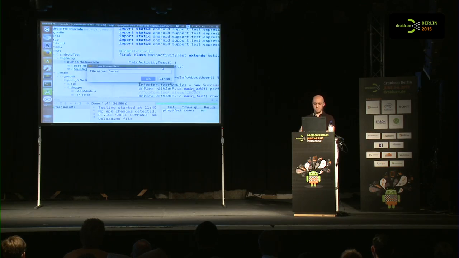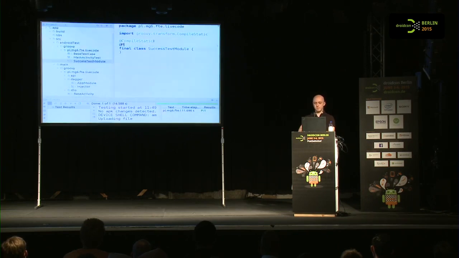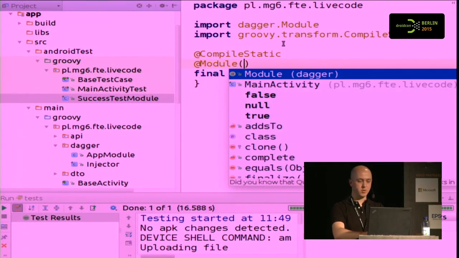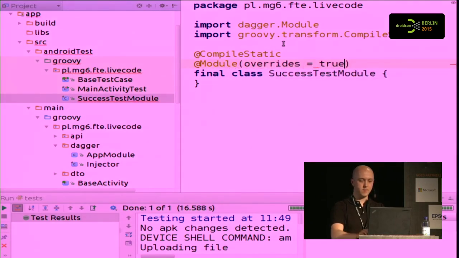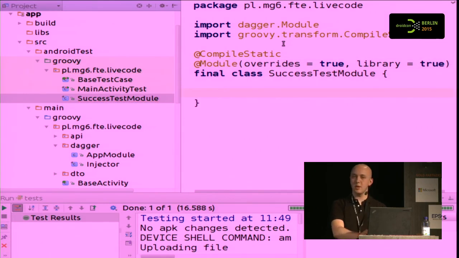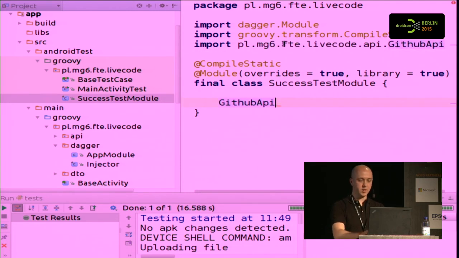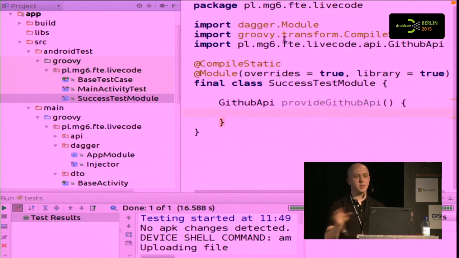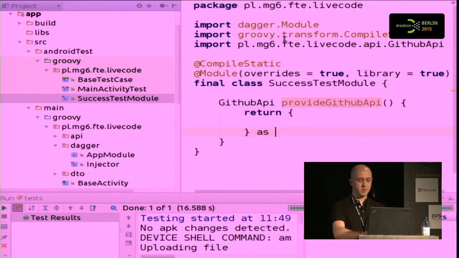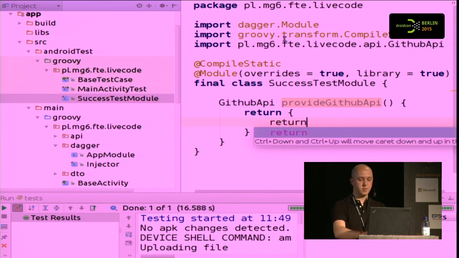Groovy. So it's a module. So we annotate that with module. And it overrides some stuff. And for Groovy, you need to do this. Doesn't matter much. And what we want it to do is for our GitHub API to be provided, but not the slow version using internet connection, but we want to return something that returns